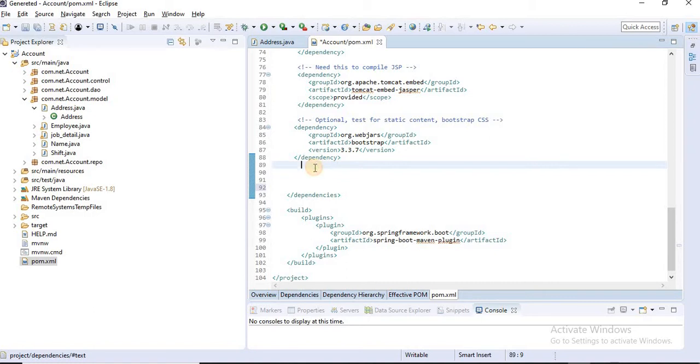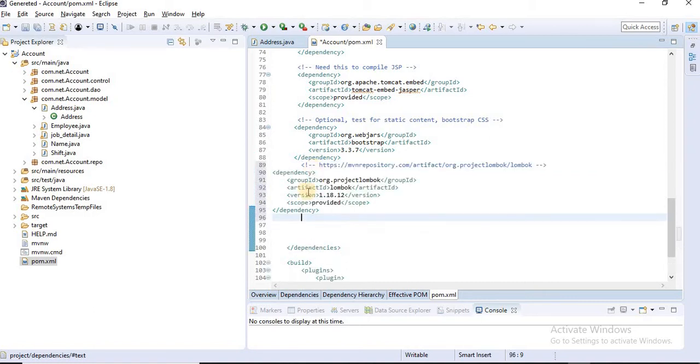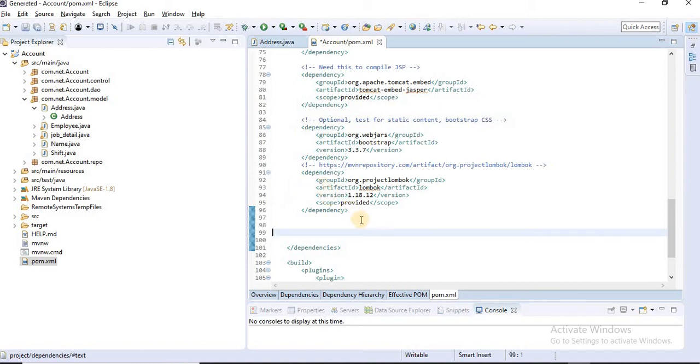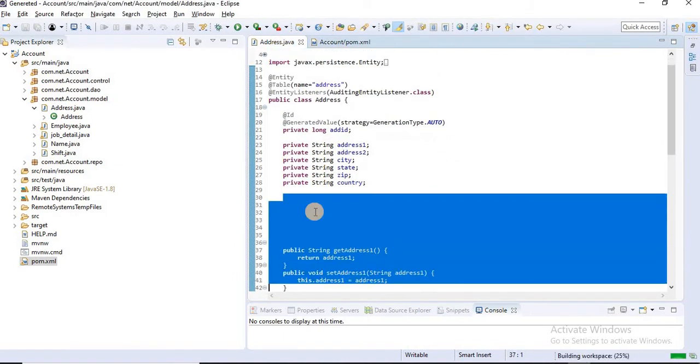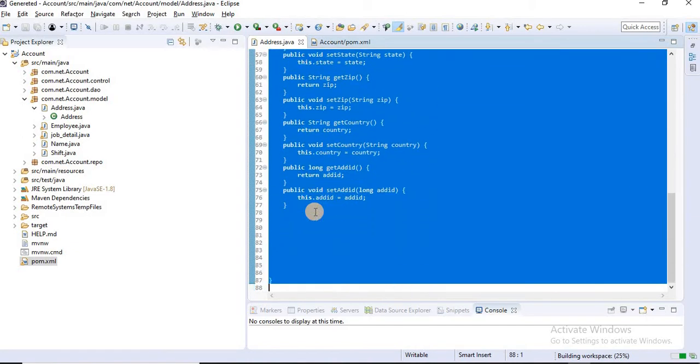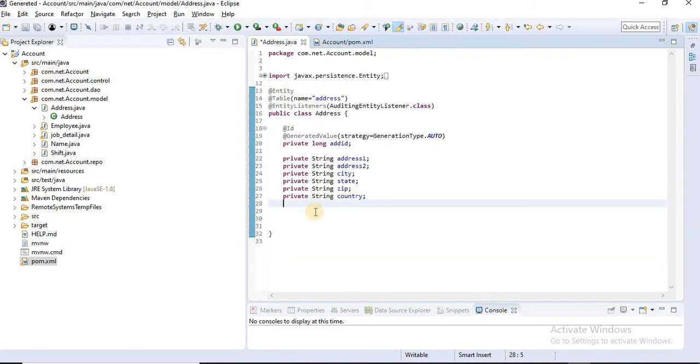I'll paste here what I copied, press Control Shift F to format the document, and save. So in this model class I'll remove all the getters and setters, and save. It's giving me a warning.